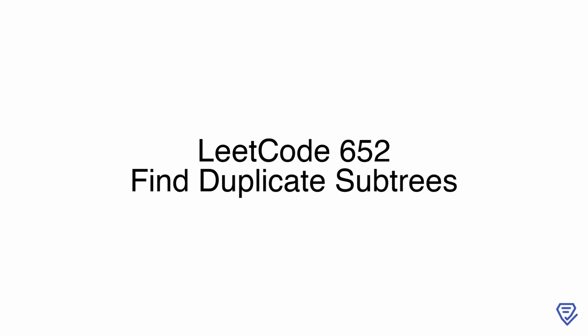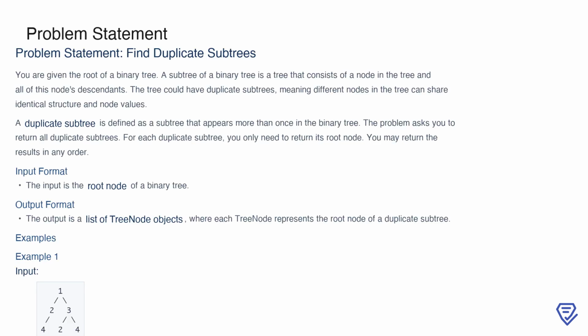Let's dive in. In this problem, you are tasked with identifying duplicate subtrees within a binary tree. Let's start by understanding what a subtree is. A subtree is formed by taking any node in the binary tree and including all of its descendant nodes. Now, duplicate subtrees are subtrees that have the exact same structure and node values, even if they originate from different parts of the tree. The goal is to find all such duplicate subtrees in the tree and return their root